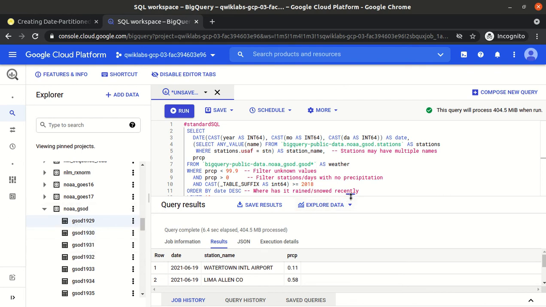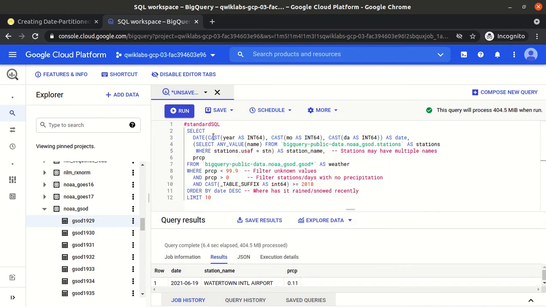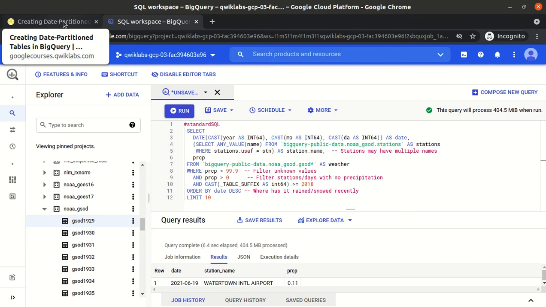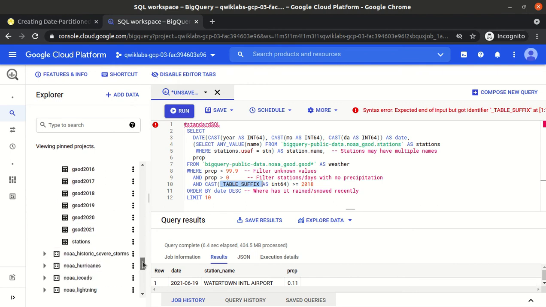So it will fetch the data from all the tables. No, one minute. It will not fetch the data from all the tables because we use the table suffix as well. When we use the table suffix for 2018, it will fetch the data from 2018 onwards, that is 2018, 2019, 2020 and 2021.